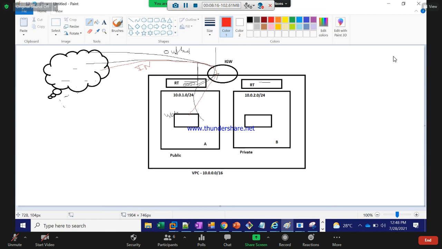Before that there is something called the security group. Before the security group, one second, this is actually optional: if you want to use the network ACL, the network ACL is the first layer of security.